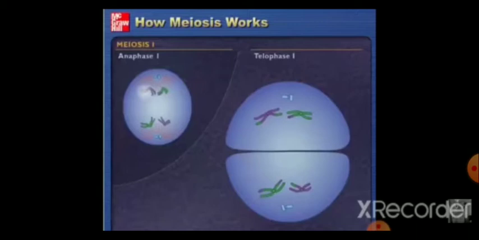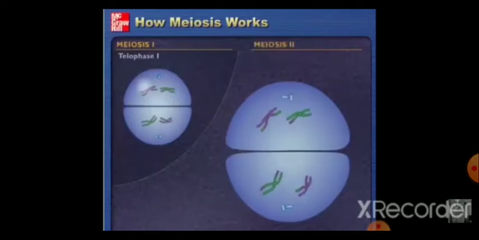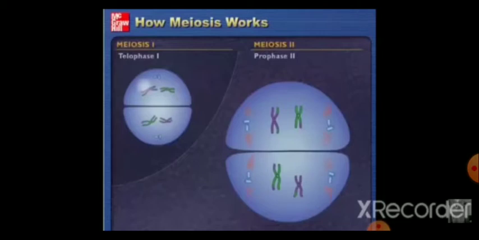At this point, each chromosome is still double-stranded, has two sister chromatids. However, we are separating homologous chromosomes into two different cells so that each new cell will have only one member of the homologous pair and will be haploid. In telophase 1, the spindle fiber disintegrates and cytokinesis, cell division, begins. Thus, in meiosis 1,